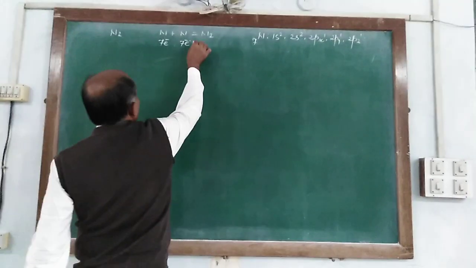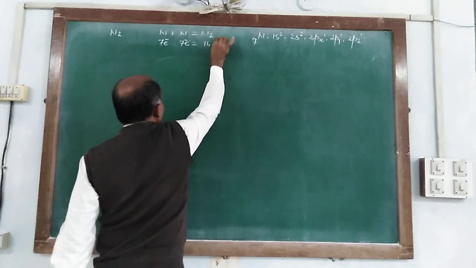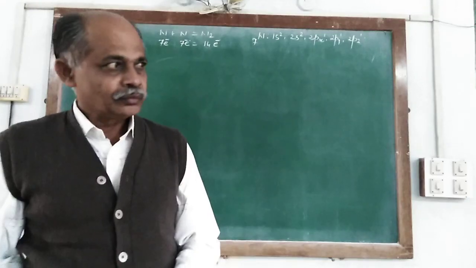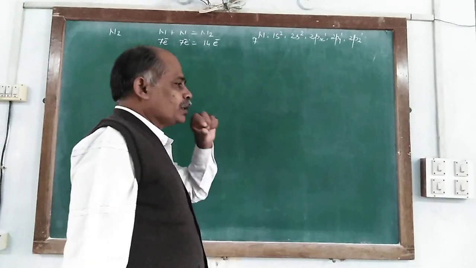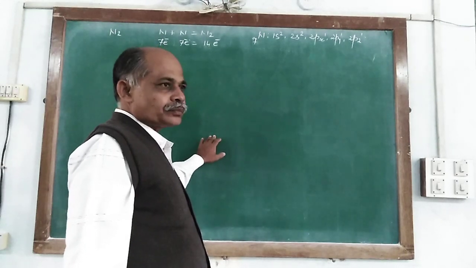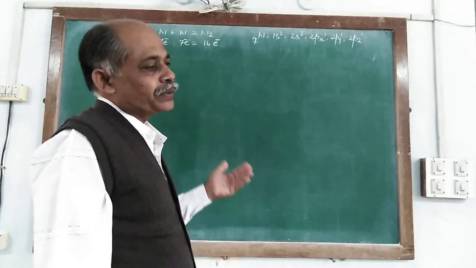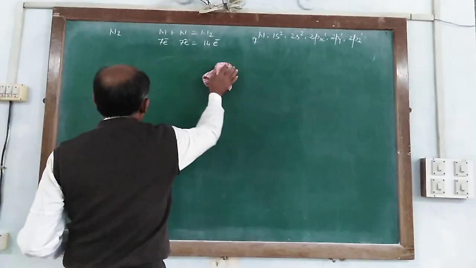So in the nitrogen molecule there are 14 electrons. In previous lectures we arranged the electrons, for number of electrons equal to 14 or less than 14, and the sequence of arranging the electrons is written as